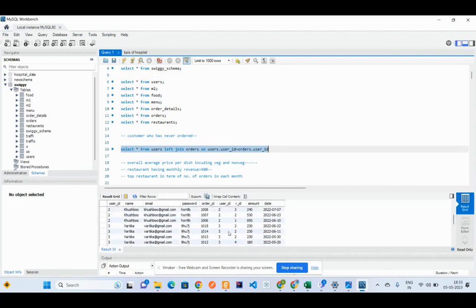We can analyze one thing: this table contains all the data of the users table, but the data which is not present in the orders table is filled with null automatically. So we can simply specify a condition to fetch the customers who have never ordered. Where orders dot user ID equal to null.